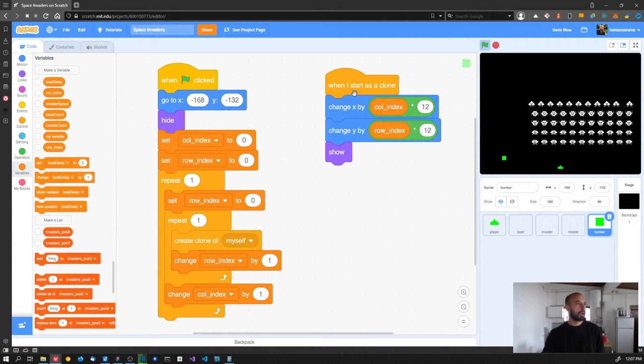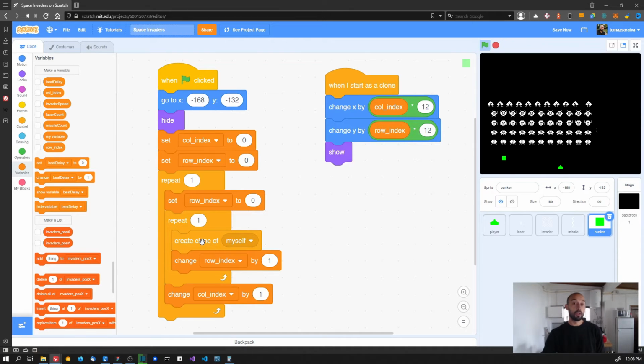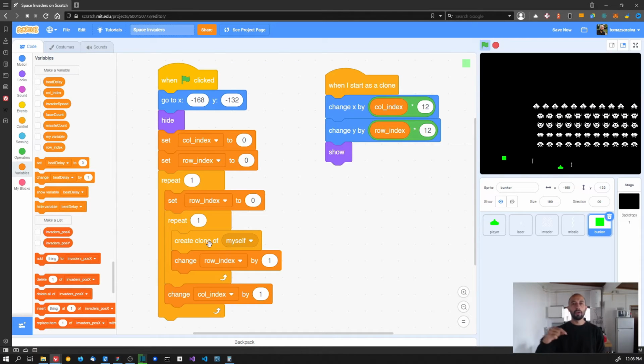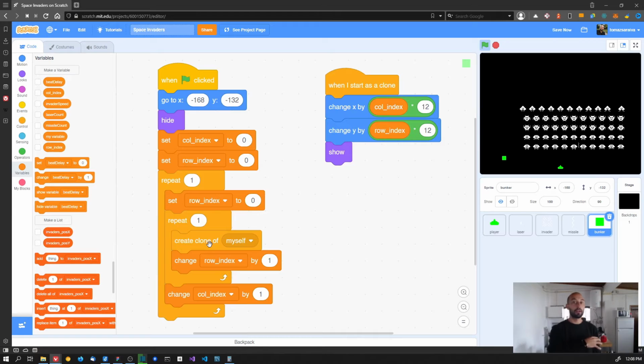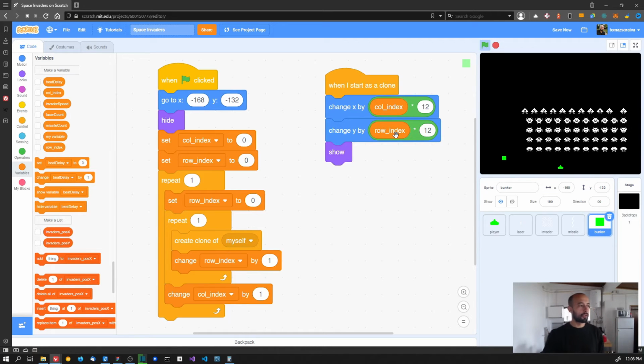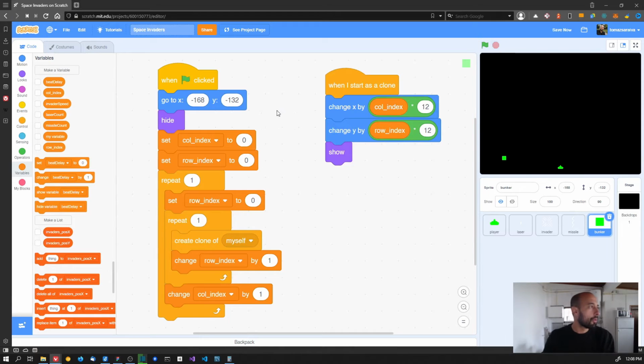And I was assuming that this was called when we ran the block here, and only then, afterwards, this would run the rest. But this is not like create clone of myself and wait, like we had on some blocks. So actually, when we are starting as a clone, the call index and the row index have already been incremented because these blocks were already ran before. So what we are going to do here, once again, is just change